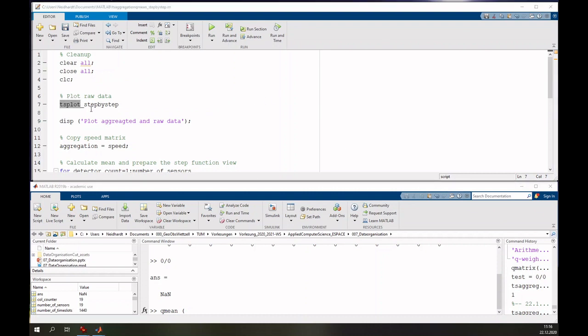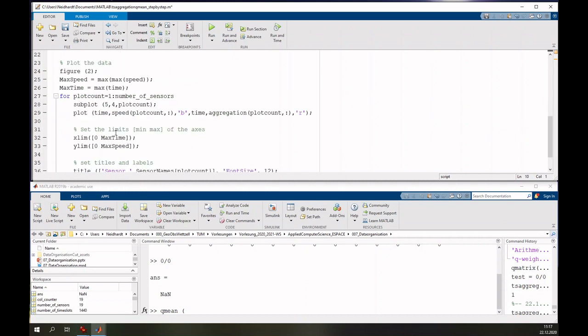So therefore we call ts aggregation outlier. Sorry, it did not work. ts aggregation outlier. ts aggregation outlier. Okay, and we want to create a new figure, so we created figure 3, therefore we create figure 4